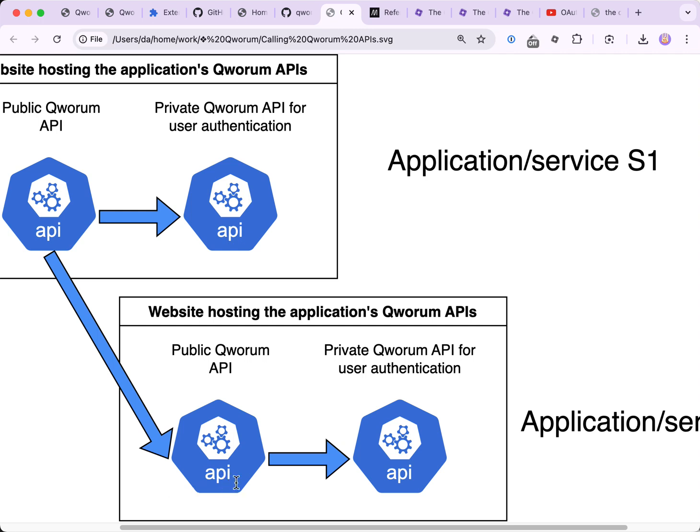And why? Because, for example, the HR API wouldn't have direct access to the end user. So in this case, how to authenticate the end user? It is impossible with REST and other web APIs, but it is possible and very easy with Quorum.